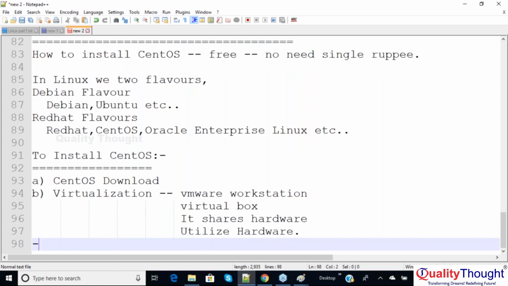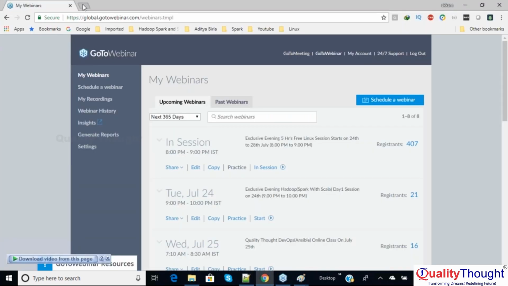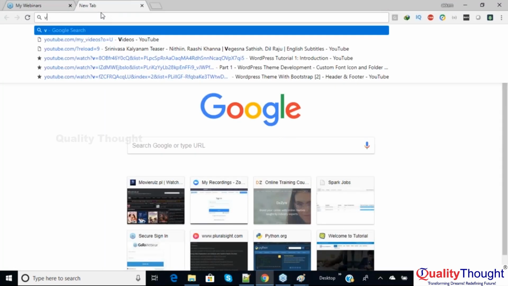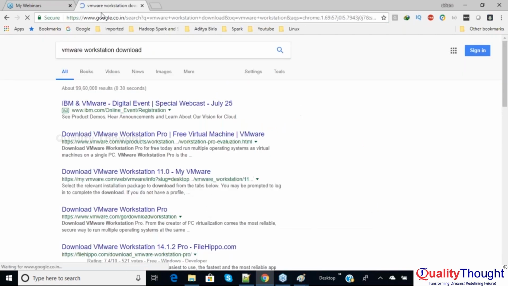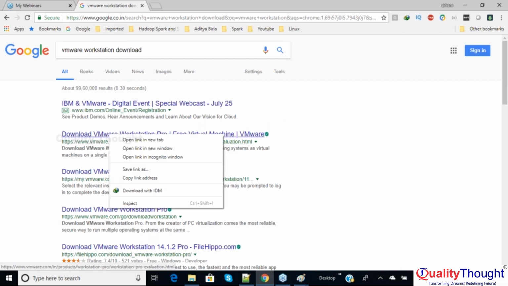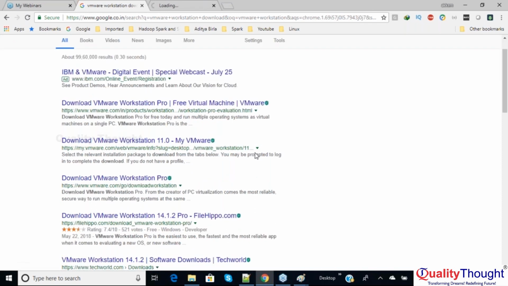You can download VMware from vmware.org. Let's go to Google and search VMware Workstation download. Here you will see the first link, download VMware Workstation, or you will see one more link